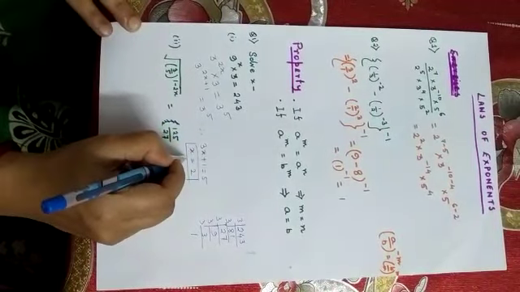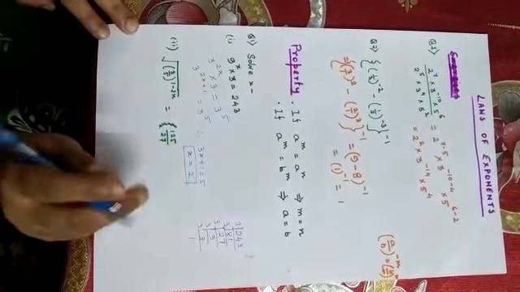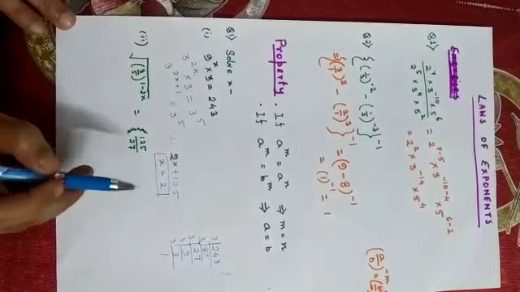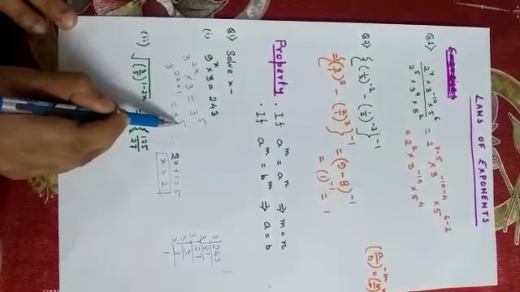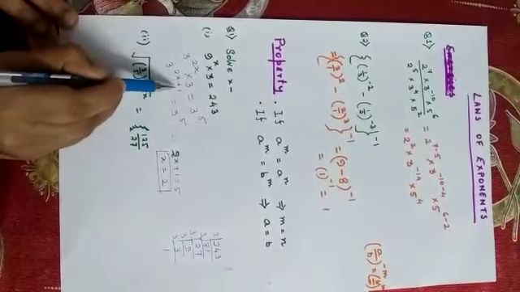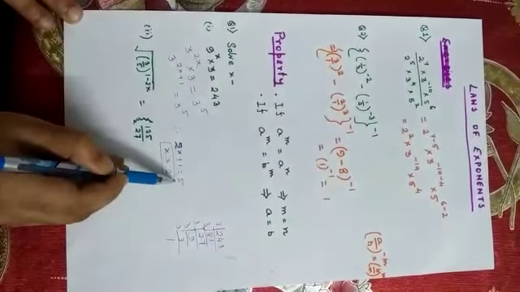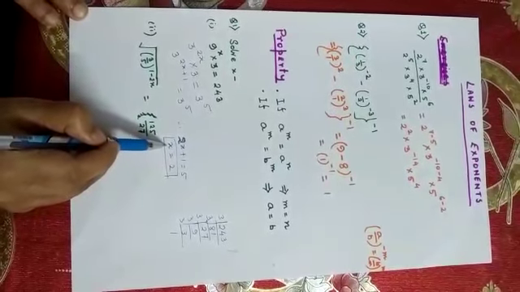यहाँ से सॉल्व करके कैसे ये वैल्यू आया, आई थिंक सब उसको खुद सॉल्व कर सकते हैं. I think it is clear to all of you. 3 to the power 2x plus 1 equal to 3 to the power 5, which means 2x plus 1, not 3x. 2x plus 1 equal to 5, so we can solve for x and we will find x equal to 2.